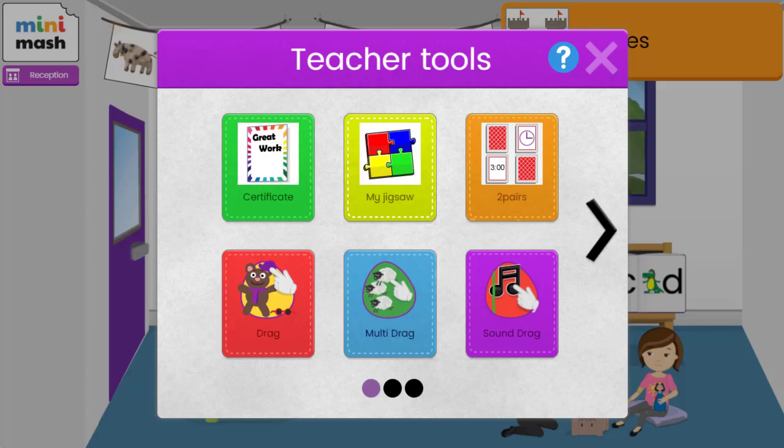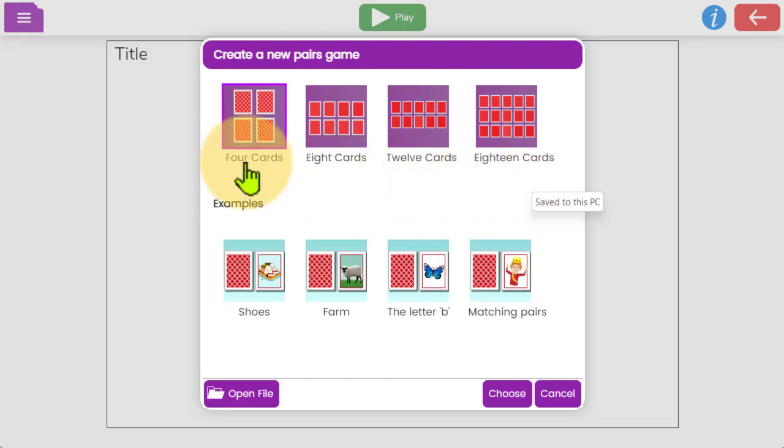Another resource I could create would be a pairs game. If I click on the option here, it'll ask me to choose the size of the pairs game that I would like. So you can see that we can get quite a lot of them within one game. You can also look at examples of ones that have been previously created and open any previously created pairs games you may have created and just make some small tweaks to them. But I'm going to start from scratch, and I'm just going to choose the 8 cards option and then select